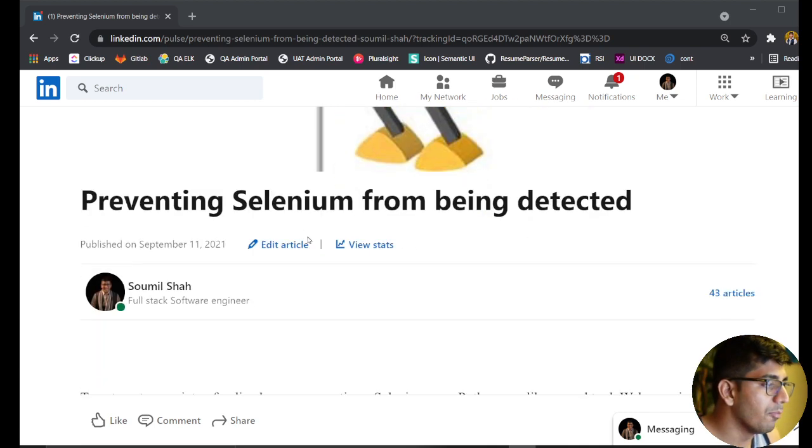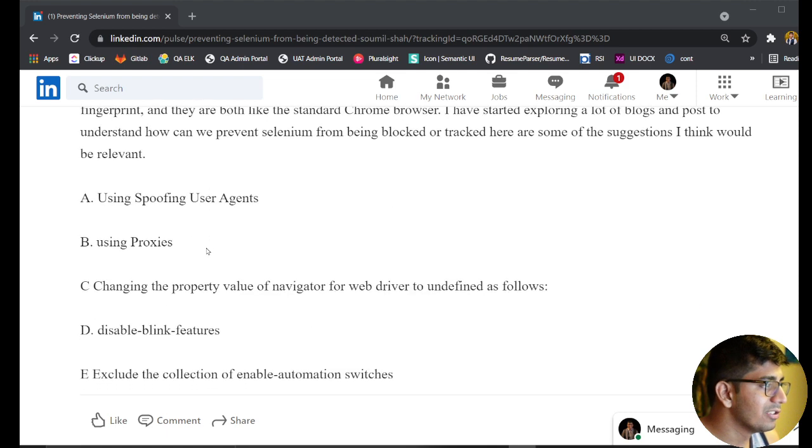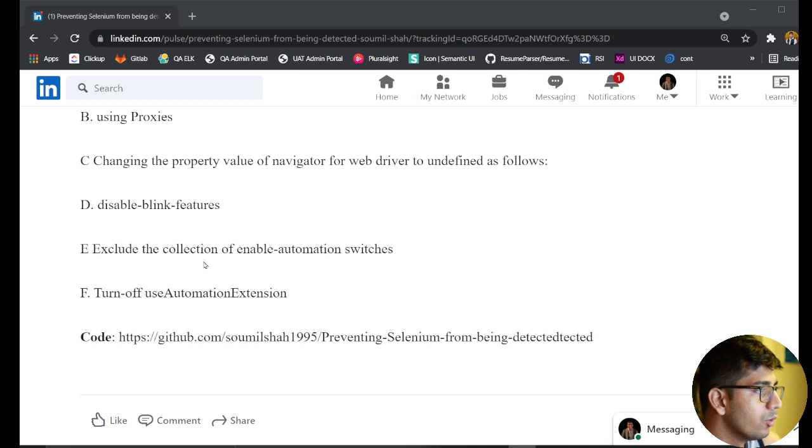I have been reading a lot of blogs and posts, and these are the solutions that I think worked for me. For example, according to a lot of posts, you should definitely use a spoofing user agent. A user agent usually tells you about the browser and the type of device that it's coming from, so you want to spoof that. You also want to spoof proxies. You also want to change the property value of the navigator from the WebDriver to undefined. You also want to disable the blink features, exclude collections of enable automation switches, turn off the automation extension, and